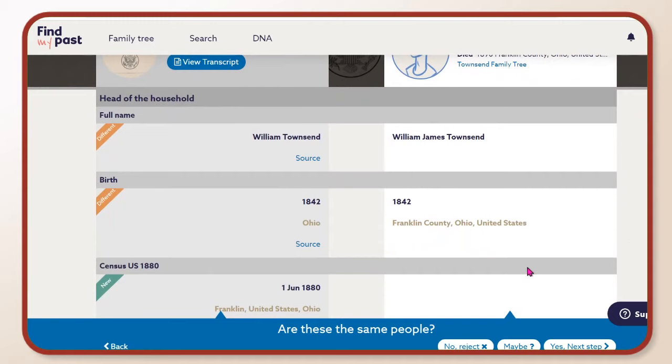The first thing, you see this bar down at the bottom that I'm kind of trying to hover over? Find My Past wants you to tell them, is this an accurate hint? Are you uncertain? Or yes, definitely. So this is kind of nice because if you're ever in doubt, you can just put it in a holding cell and then come back and revisit those hints later and not have Find My Past constantly say, hey, are these hints?